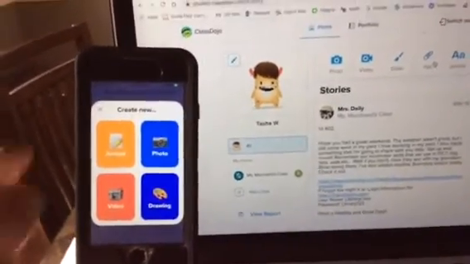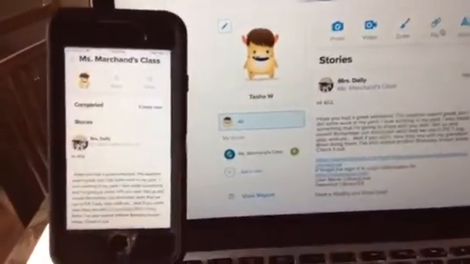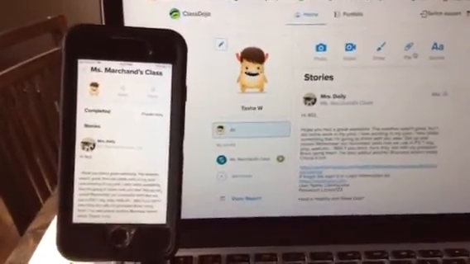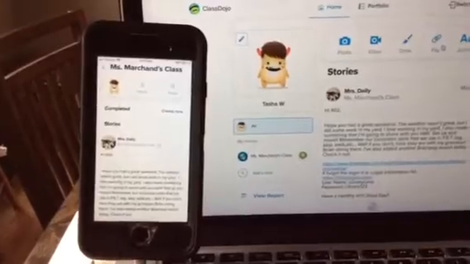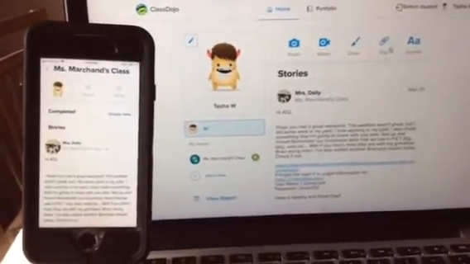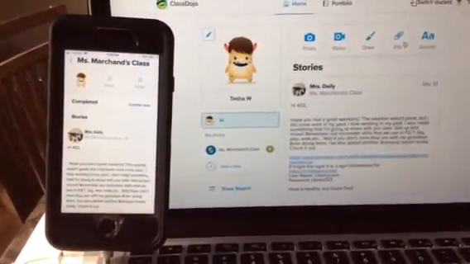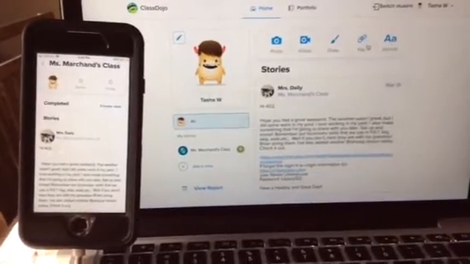I hope this helped a little bit with the difference between the way it looks, because I know a lot of different families are using it on a device as an app, and then they're using it on a computer, and they're getting a little confused with the different wording. Please reach out with any more questions